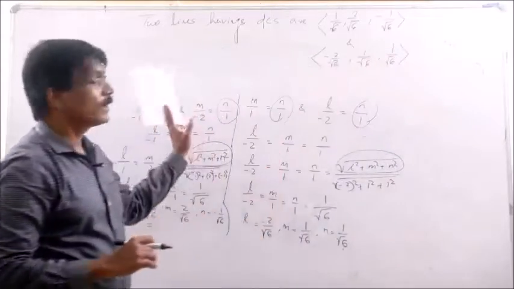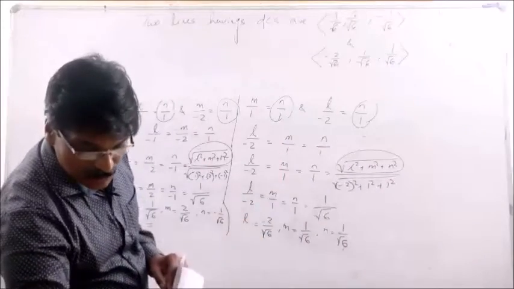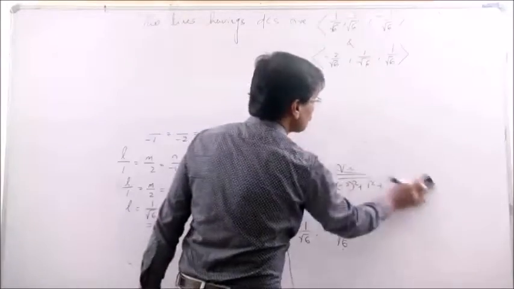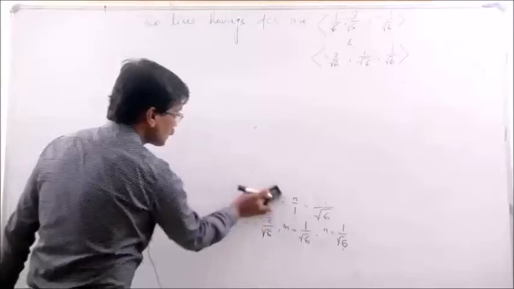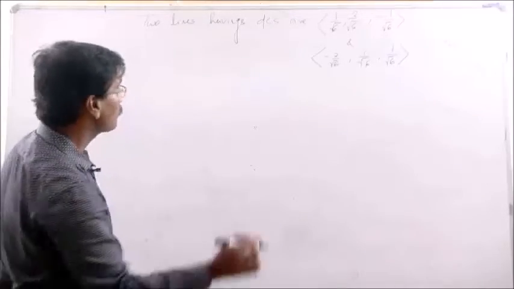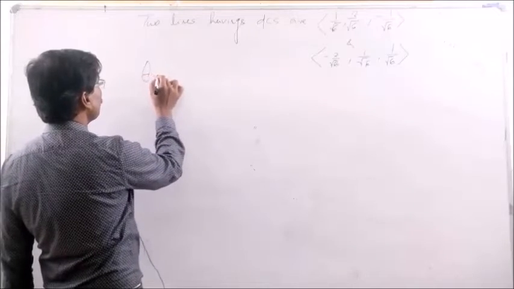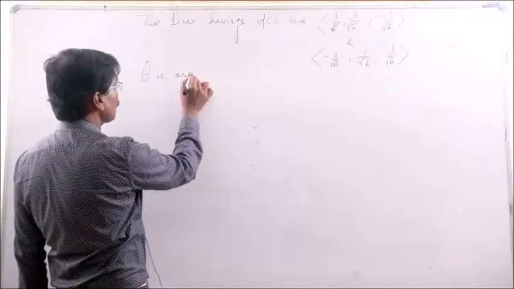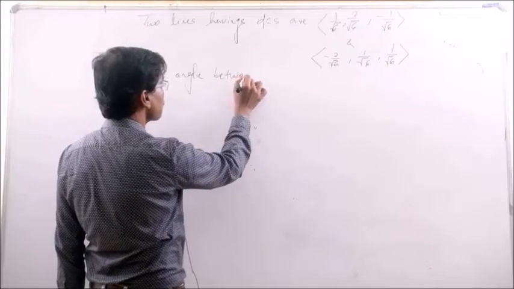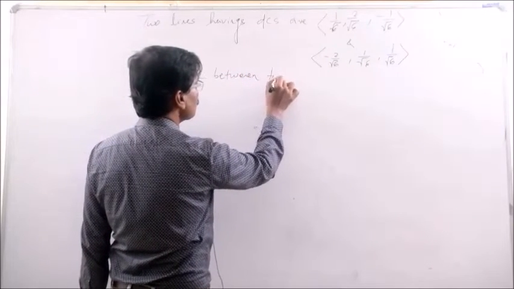So we have two lines having direction cosines. Suppose theta is angle between two lines. If theta is angle between two lines,